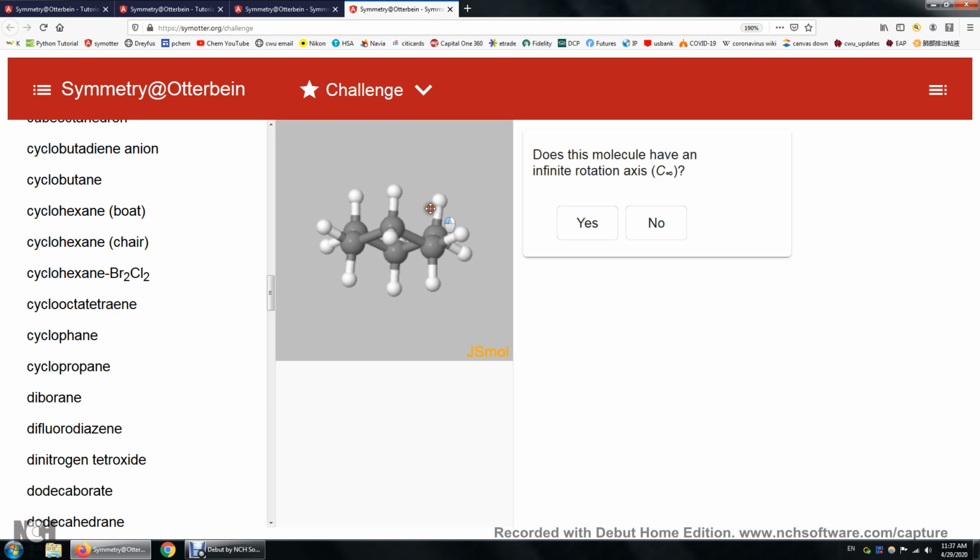On top of that, there are 3 sigma Ds that contain the principal axis. So probably you can imagine we can just cut it this way. Imagine there's a plane cutting the screen this way, or this way, or this way. So in the end, you're going to see it's a D3D point group. But let's look at the